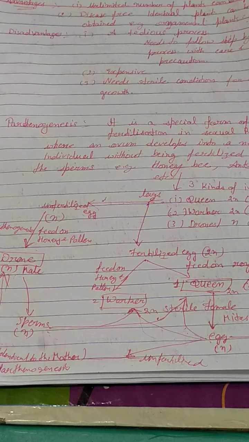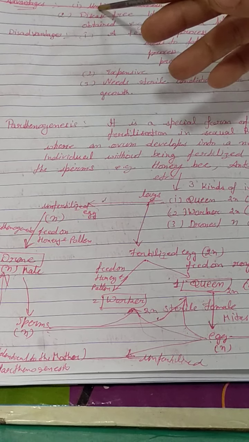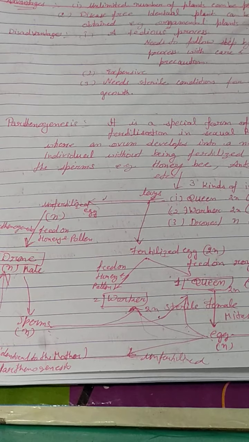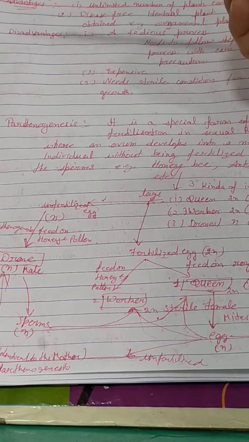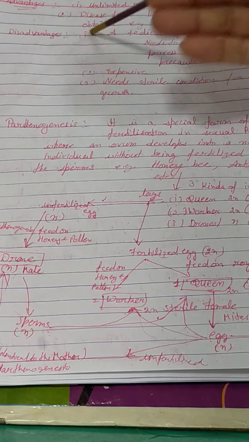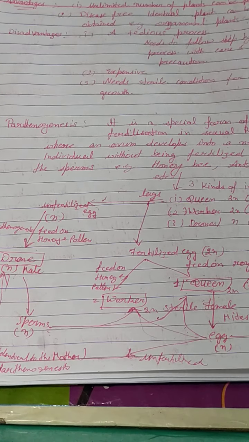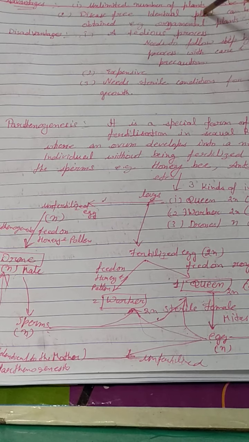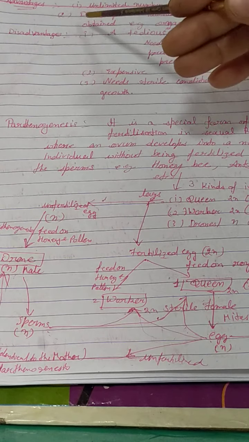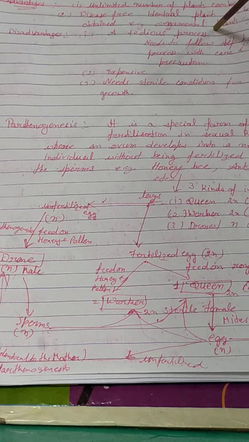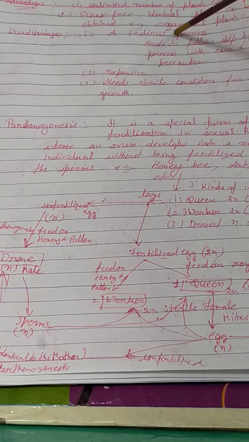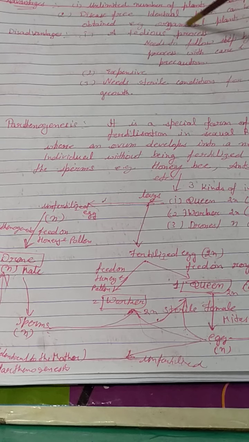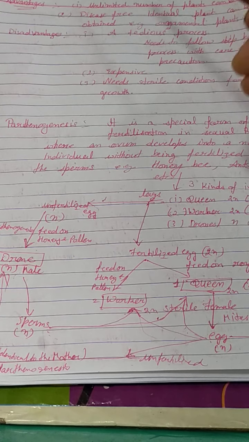Now let us discuss the advantages and disadvantages of tissue culture. Tissue culture has good advantages. First, an unlimited number of plants can be produced. We take a small portion of the plant cells, small tissues only, a group of cells only, and we can produce a plant. So an unlimited number of plants can be produced, and these plants will be disease free. Identical plants, and in the case of ornamental plants we can get good plants with similar characters through this